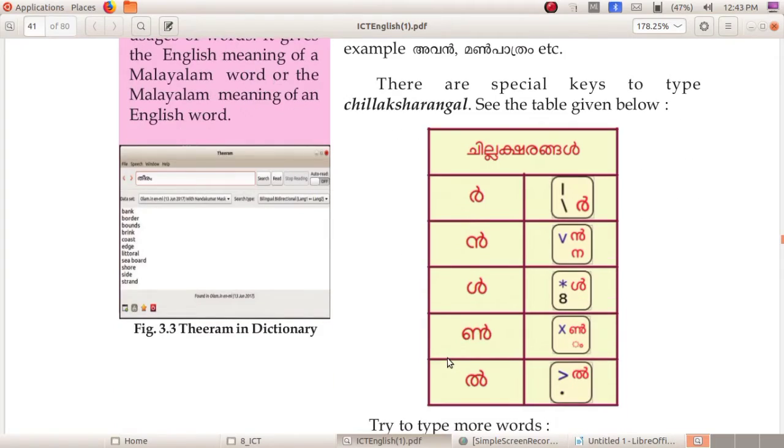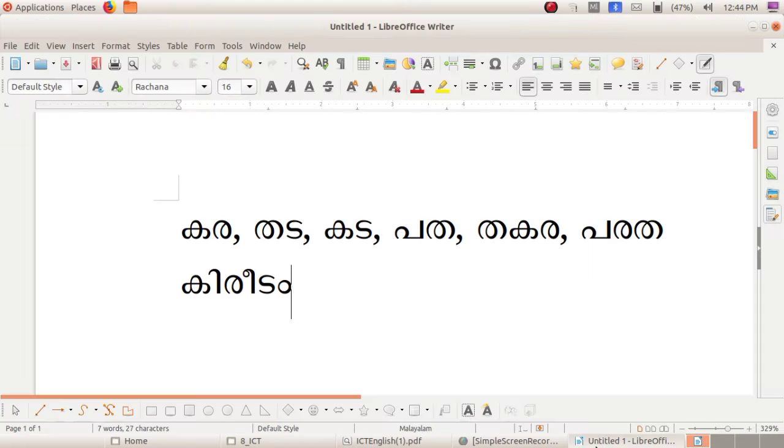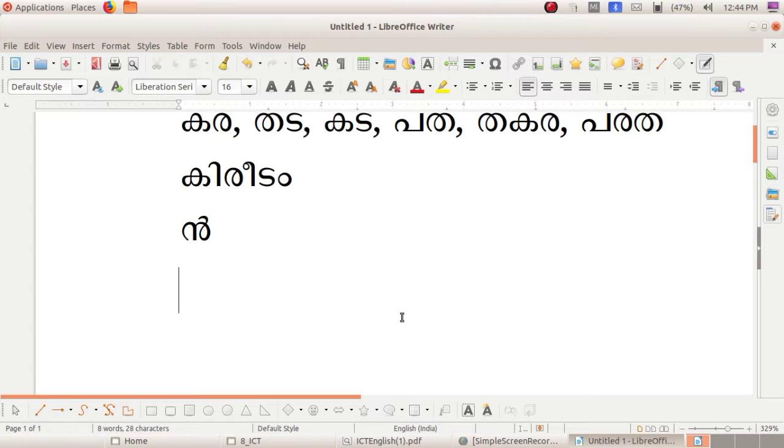There are some occasions that you want to type the chillaksharangal. So which are chillaksharangal? Il. So let us see how can we type the chillaksharangal. Shift plus V is in. Shift plus 8 il.